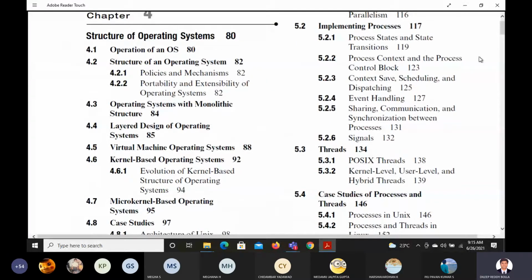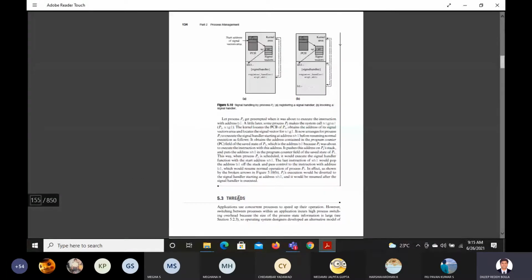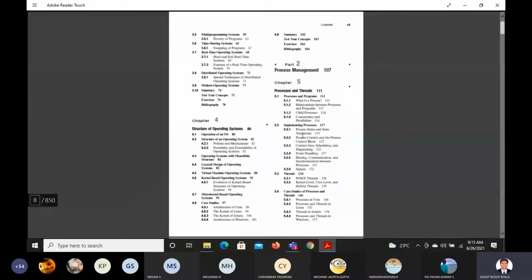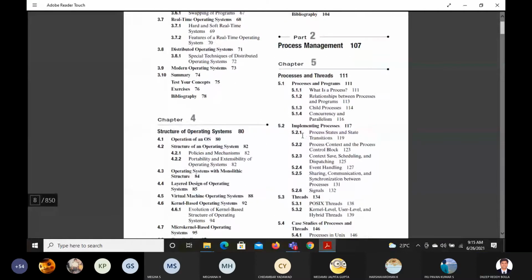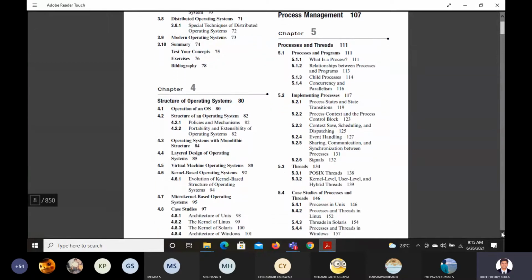Module, you can go here. So threads is there, right? You can write threads for threads you can use 5.3. Okay, threads 5.3, and there only you can have kernel level, user level threads, everything will come. So 5.3 is good enough. After 5.3 nothing is required for us in 5th chapter.